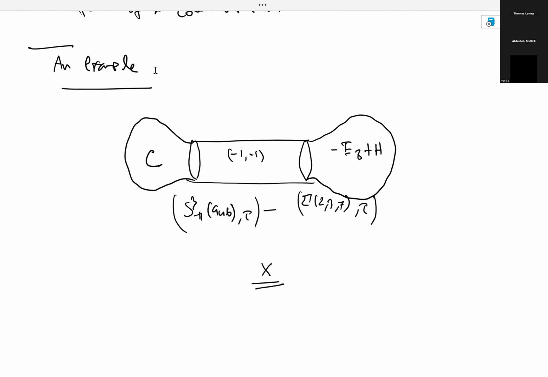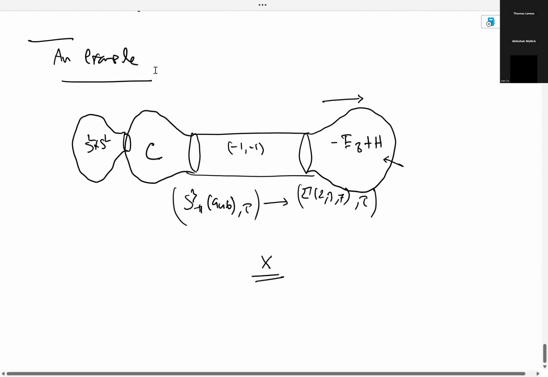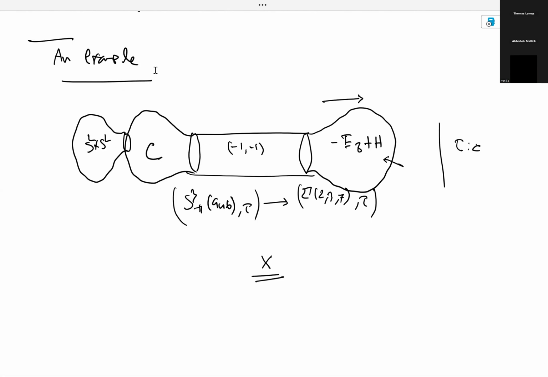So tau extends over this negative definite bound. Tau also extends smoothly here. We do know that tau reverses the orientation of H plus here, as we discussed before. Now what we're going to do is connect sum S2 times S2 to the contractible bound. Okay, so we discussed before that tau for the absolute cork extends,